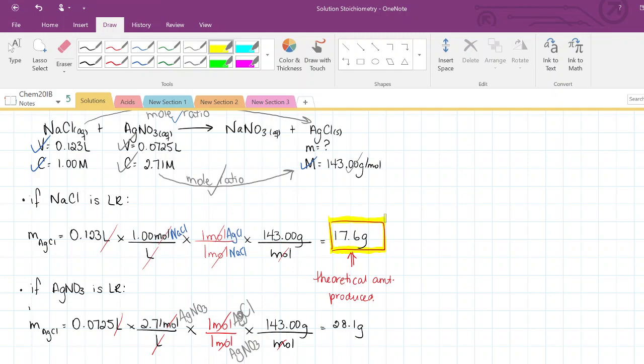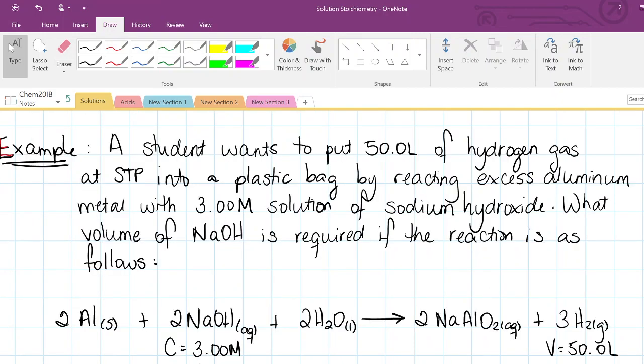Last example I've got for you is a solution to a gas stoichiometry problem. The neat thing with all these stoichiometry problems is that even though we call it solution stoichiometry or gas stoichiometry, they really do mix between each other. And so if you see here, we've got an example of a student wanting to put 50.0 liters of hydrogen